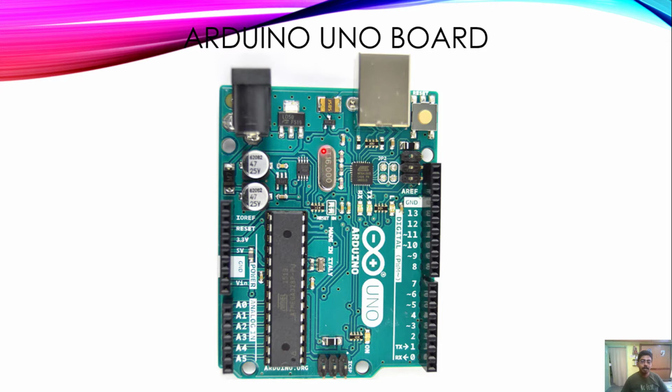You can see the crystal here. This crystal is a 16 MHz crystal, so the controller can run at a maximum frequency of 16 MHz. And you can see two LEDs, the RX and TX LEDs. These LEDs will glow when transmission or reception happens using serial communication. And this IC is the FTDI driver IC. If this driver IC fails, then you cannot communicate with the Atmega 328. And this is the reset button in the Arduino.